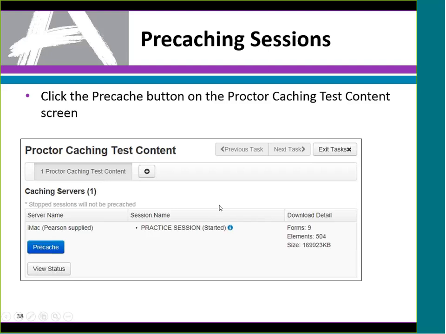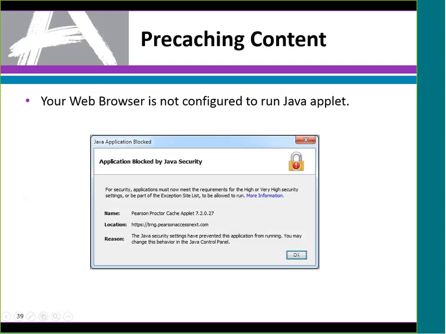If your school does have a few hundred sessions, clicking that checkbox at the top only adds what's on that page into your shopping cart. This will go into the demo here in a little bit too. But that's one thing to keep in mind. So if you do have a few hundred, you might have to go through a couple pages to make sure that you have everything added to the cart before you pre-cache. And I call it a cart, but it's what's being managed, and that'll be very clear once I get back into Pearson Access Next.